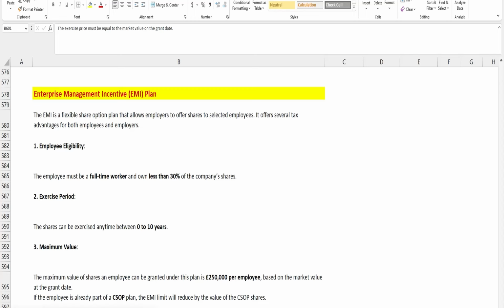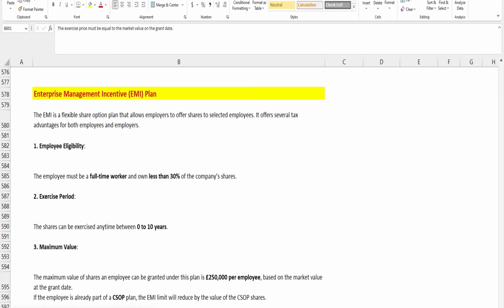So let's start. In the company share option plan, it was flexible, where the employer can offer the plan to any selected employee. The same applies for the Enterprise Management Incentive as well. It is also flexible. It's up to the employer to whom they want to give this plan. It is not like the offer is open to all employees. Only selected employees will be included in this plan. It is not necessary to offer this plan to all employees in the organization, but whoever